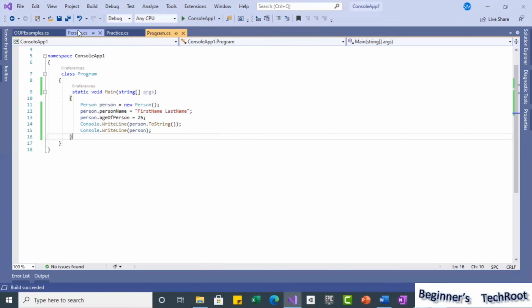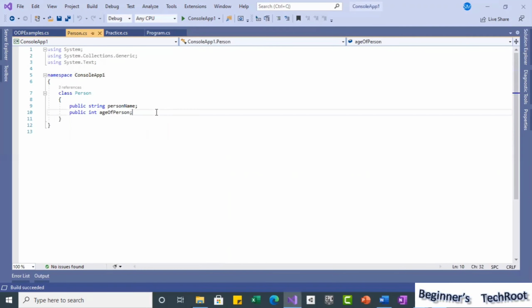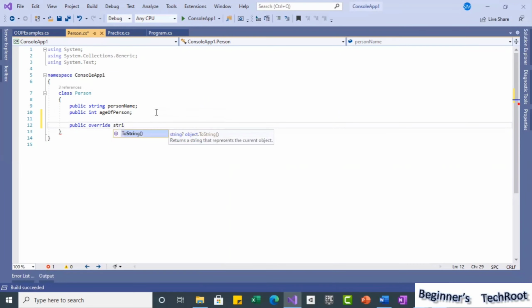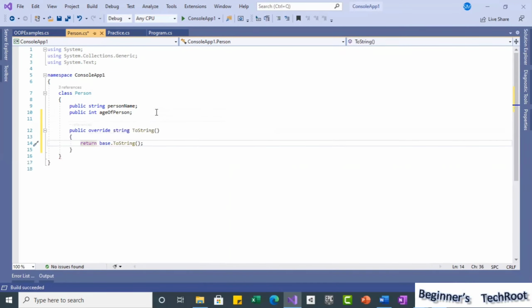I am going to come back to this class and use overriding here. Every class implicitly inherits the object class, so I can override it. The return type is always a string, so I keep the type as string and toString.